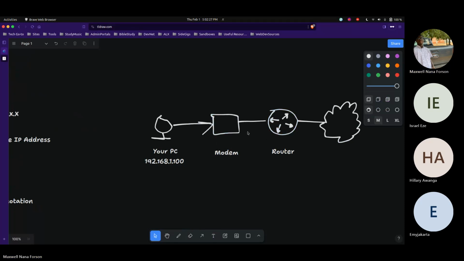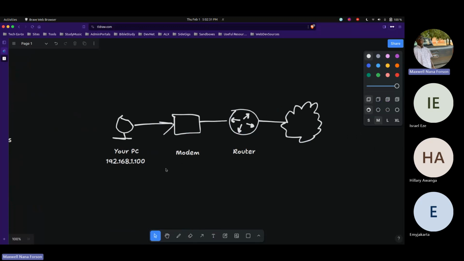When you send traffic which needs to go outside of your network, not just anywhere on your own network,